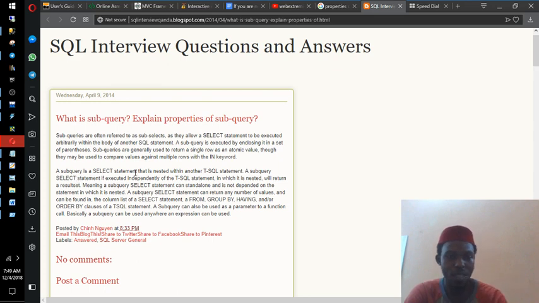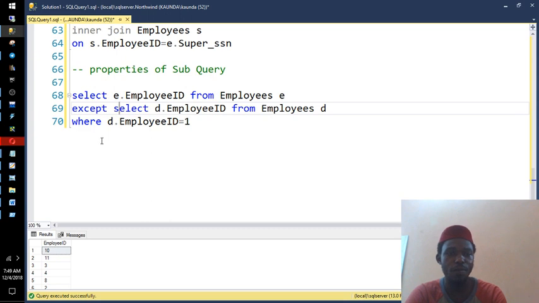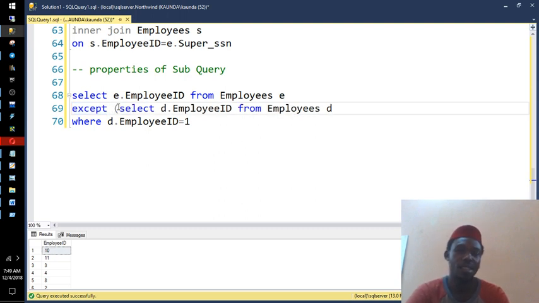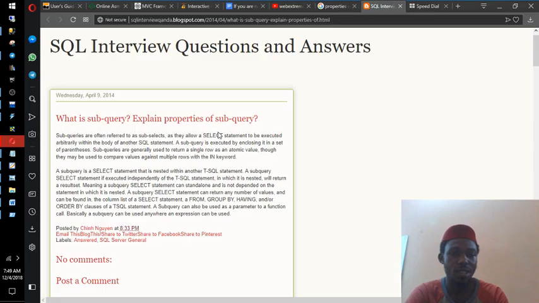So if it has to be a select statement, okay, then this one is not a subquery because it is not using a select statement. Yeah, this is a select statement. Let's ignore that one and go find our